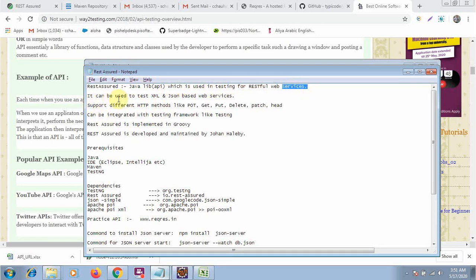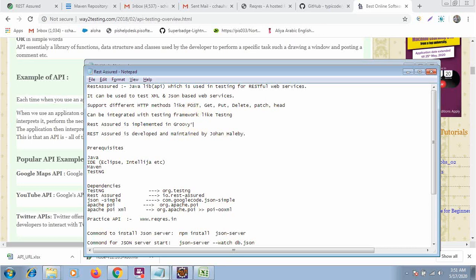It can be used to test XML and JSON based web services and supports different HTTP methods like post, get, put, delete, patch, head, etc. It can also be integrated with various testing frameworks like TestNG, JUnit, etc. And REST assured is implemented in Groovy. This is an important point.